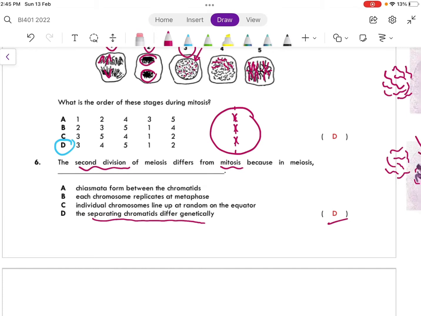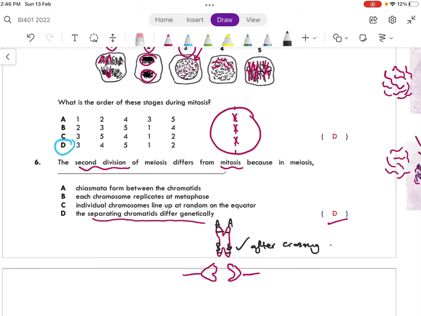What does it mean? It means that, okay, if I were to look at a single chromosome, they are saying that the chromatids that are separating apart, I'm drawing them separating, pulling to the opposite poles, they are not genetically identical. Is that true? Okay, meaning that we say that it's not genetically identical. So if I put capital A, it means that it is genetically identical, right? But what they are saying is that it is not genetically identical. Is it possible? Yes, it is possible after